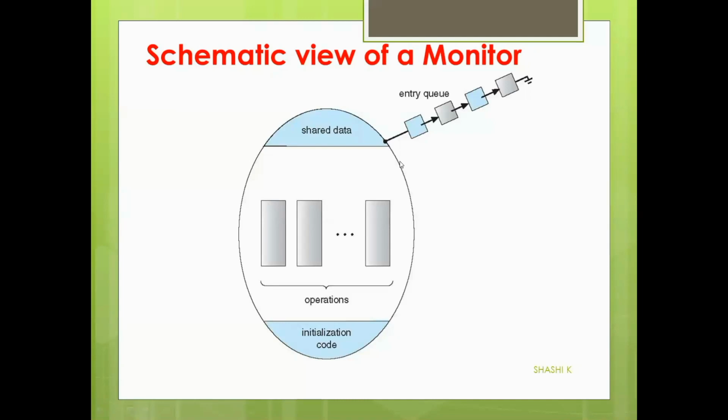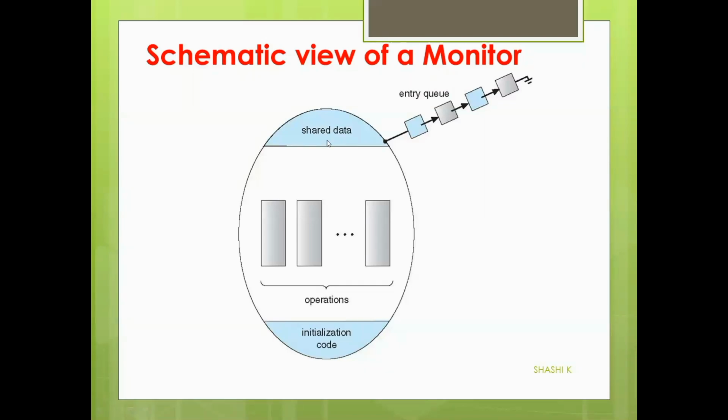And if any process wants to access the monitor, and if some other process is already executing inside the monitor, then it will be put into a queue. This is the key. The entry queue is the queue of all the processes which are waiting for entry to the monitor, because only one process can access the monitor at any point of time.